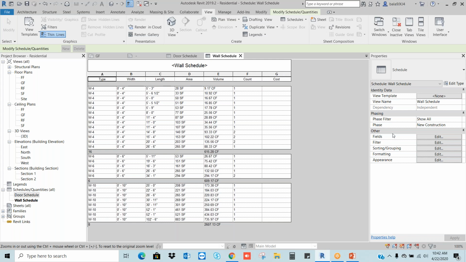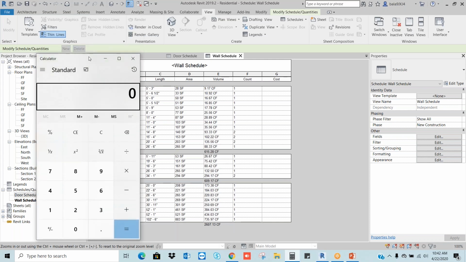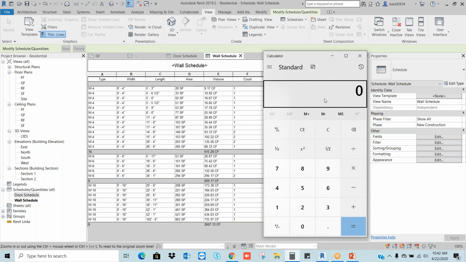Okay, let's say for example now, how many bricks are required for these walls? Just if I go to the calculator, let's say what is the total volume? 615.28.